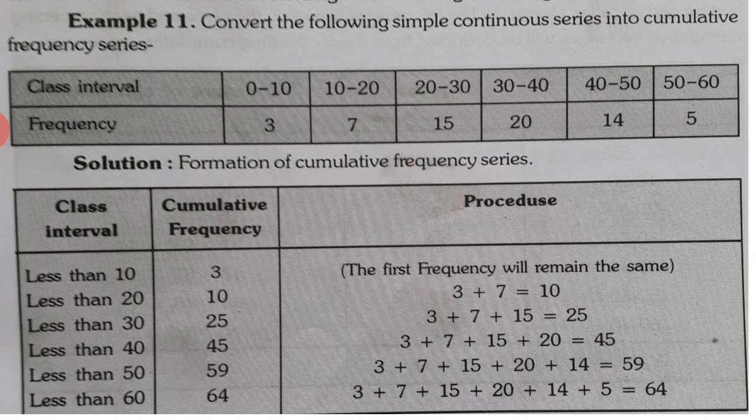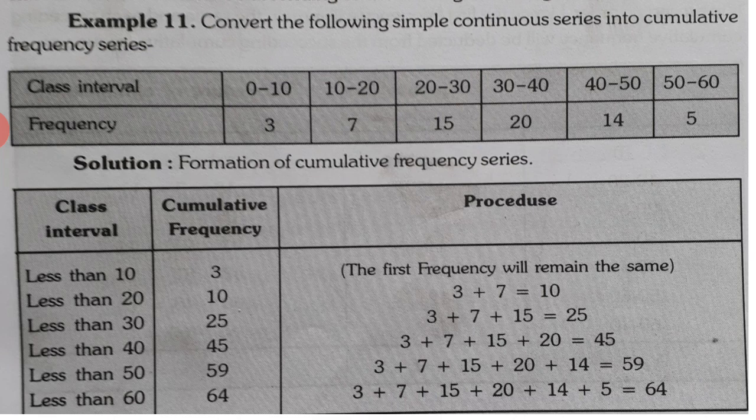When you are converting it into cumulative frequency, 0 to 10 and 10 to 20 is an exclusive series, about which you already learnt in the earlier module, video number 2, part 2. If you have forgotten, go through that video too. So 0 to 10 means we'll count up to 9, it means less than 10. 10 to 20 means less than 20, we'll count up to 19. So the class intervals will be less than 10, less than 20, less than 30, like that.